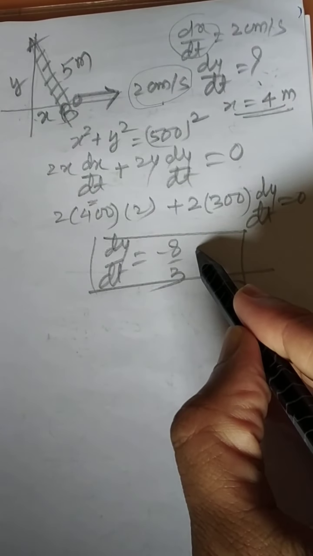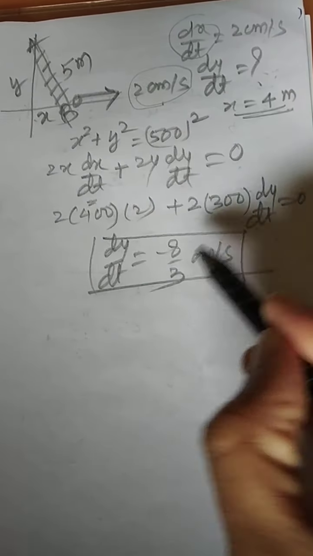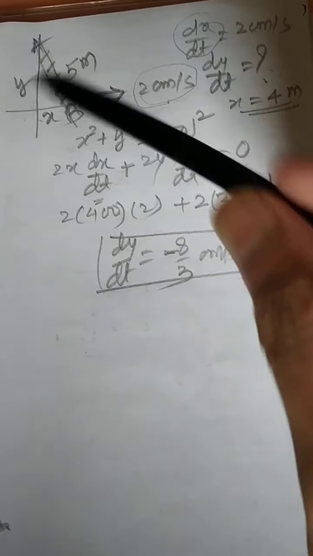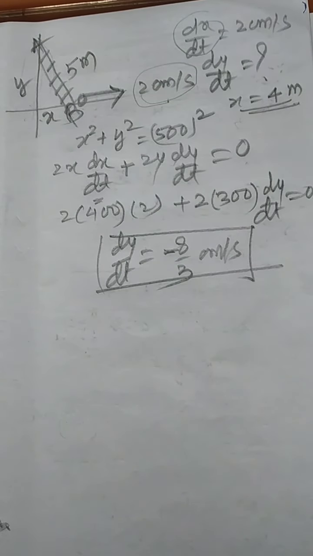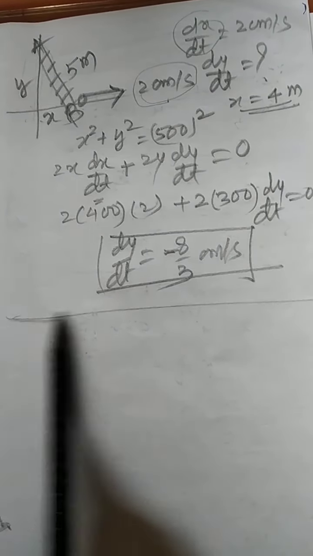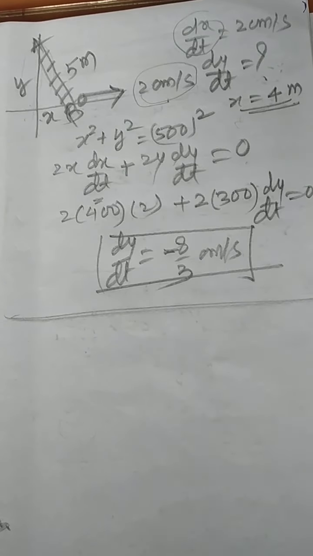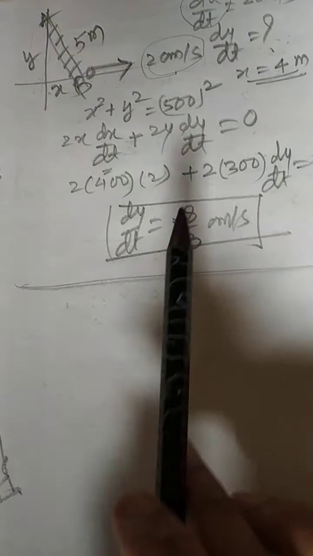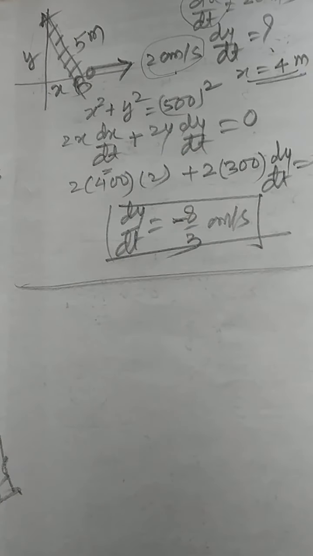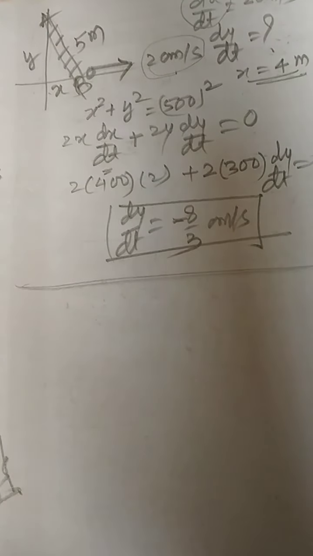Now which unit will you write? Centimeter. What is the meaning of this negative? It is decrease in the height. So negative means decrease in the height. Remember that also. So you should write the height is decreasing at the rate 8 by 3. Don't write minus 8 by 3, otherwise negative and negative will have another impact. This negative sign indicates that. Okay, so a last question we will do and then you write the assignment.